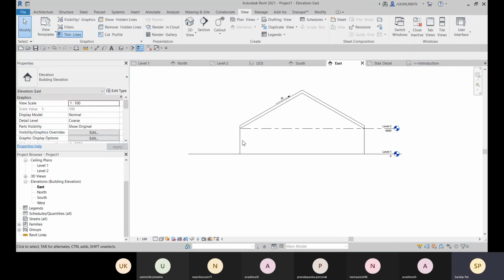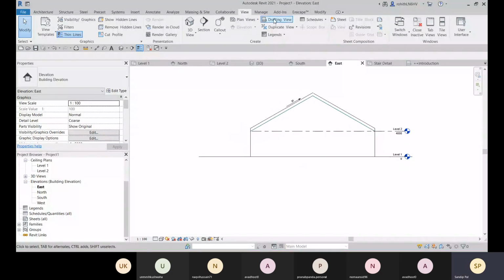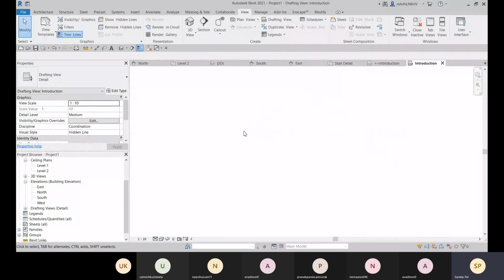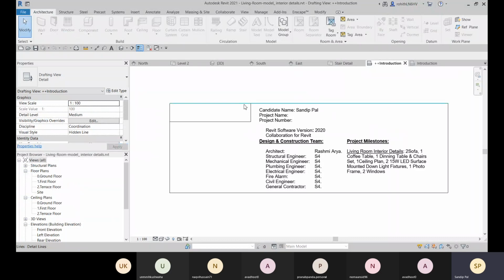For that, go to the view tab, and here you have this drafting view. Create this drafting view. What will be the scale? Give it a name; it is going to be the introduction. This view is going to be the introduction, and there you can create like this.